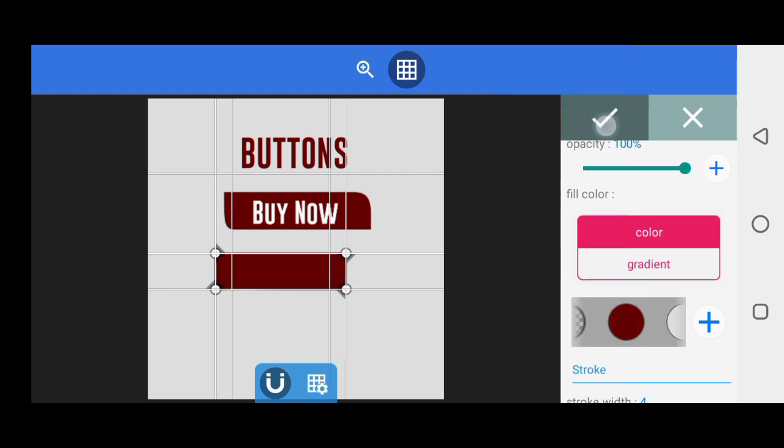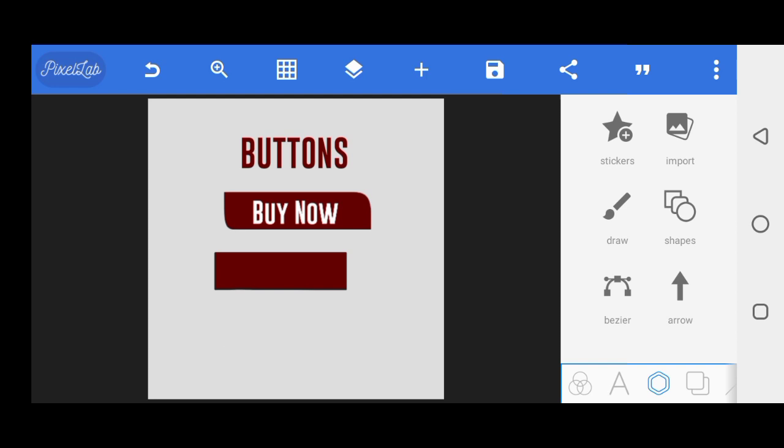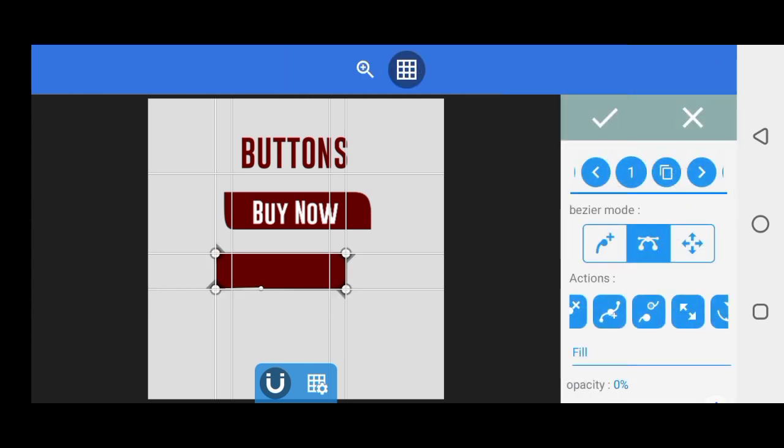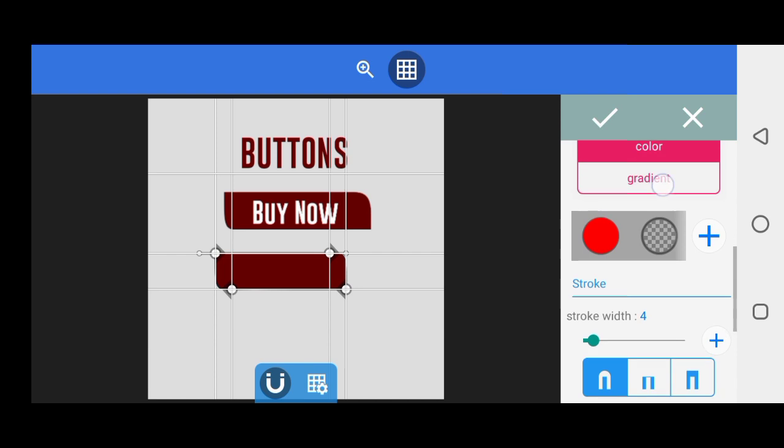When you feel it, you see that it just creates a square. You come back to your edit, and this slider, you just move it here. The one above here, you move it down this way. This, you move it this way, and the slider and its slider, you move it up like this and you adjust it. Let me off this black stroke,